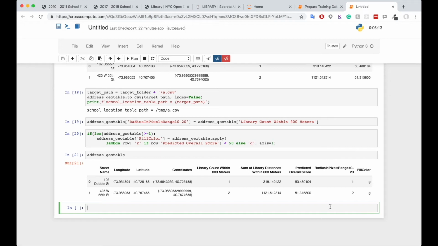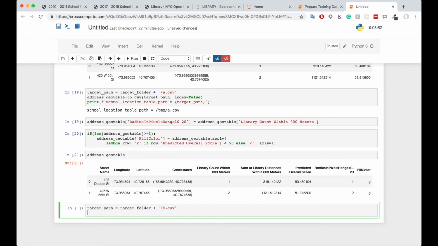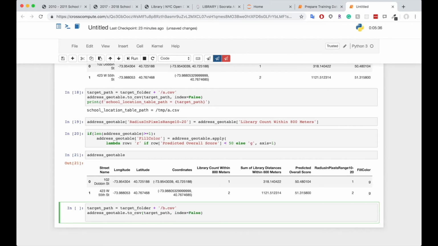To include it in the result download once again, assign to target path target folder plus b.csv this time. For the next kind of result, we will address geotable to CSV with target path and index set to false once again. And we print the geotable path to render the map with the formatted string school